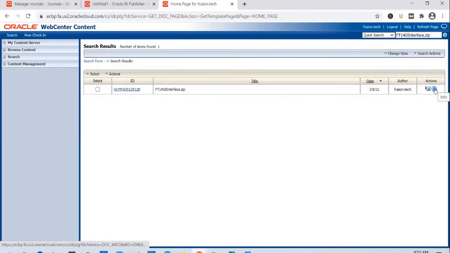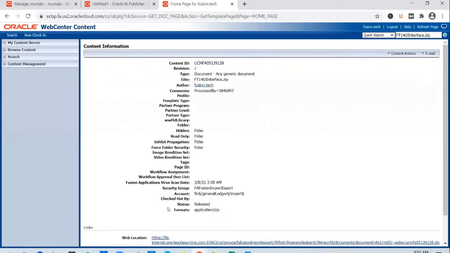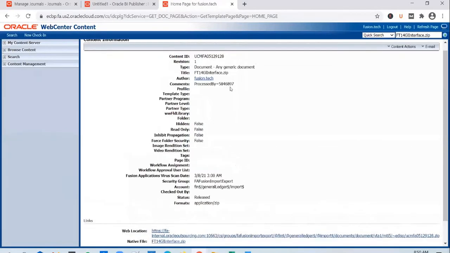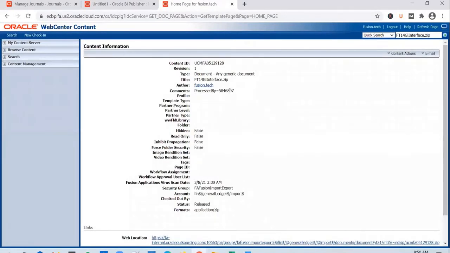You could see the file lying in that. Yeah. So the file will be retained, and you can probably refer to it at a later point. Great. And it will also contain who has processed it, or what job has processed it, at what time it was uploaded, and all those details.